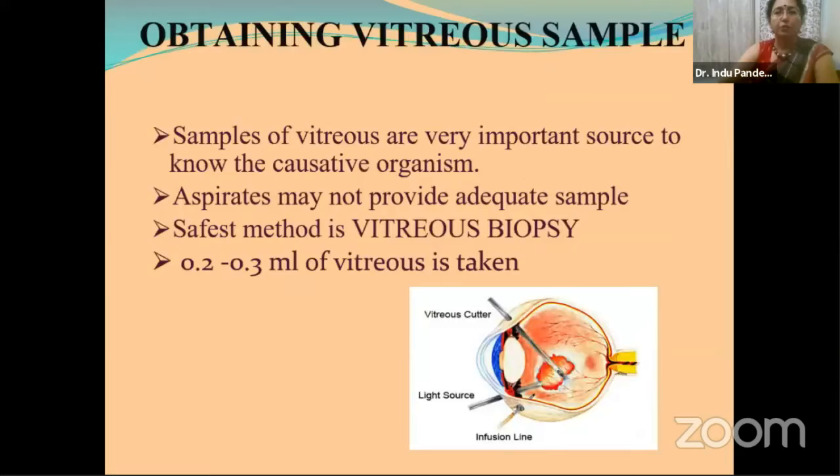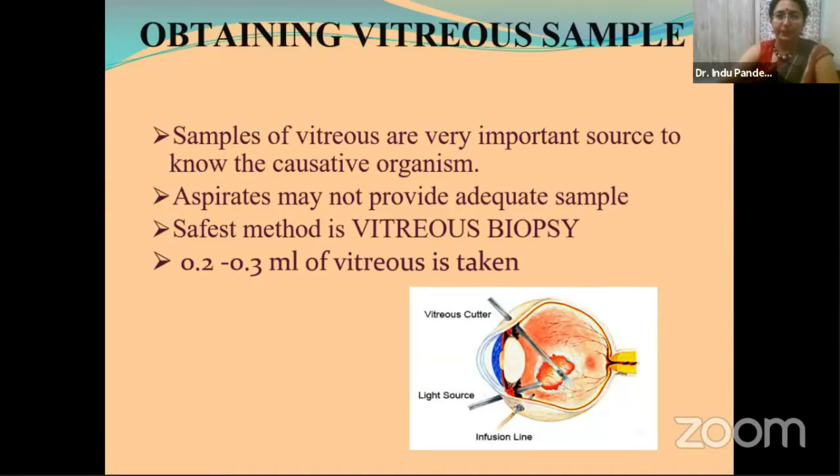Now, vitreous is the most important source to know the causative organism. Vitreous aspirations can be done using 23 gauge needle introduced through the pars plana just before injecting intravitreal antibiotics. However, many a times you'll end up in a dry tap because in these cases, the vitreous tends to be denser and it contains membrane. Furthermore, it is fraught with the danger of producing vitreous tractions.